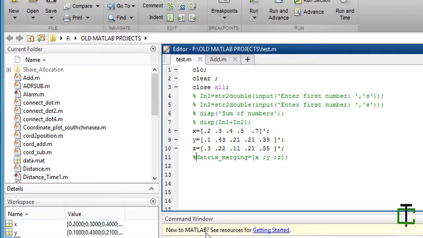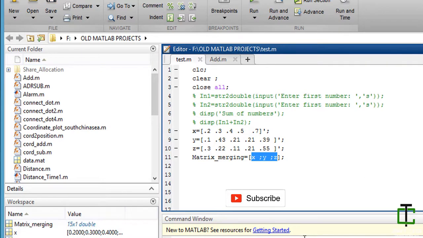So how would I merge these column matrices? I can do it like this. What it does here, you can see that first all the x elements will be stored in a single column, then followed by y, then followed by z.